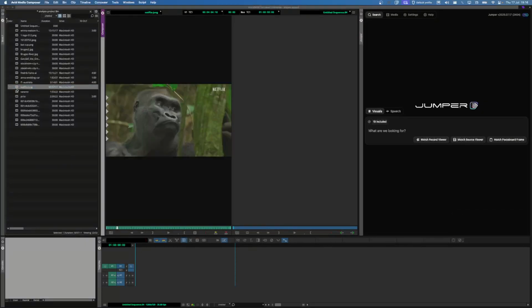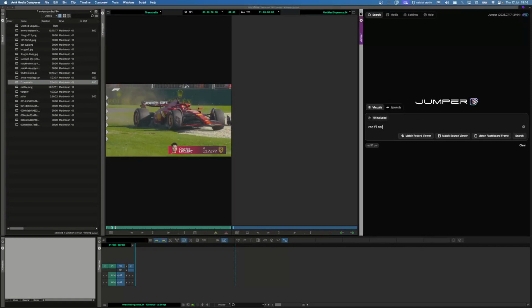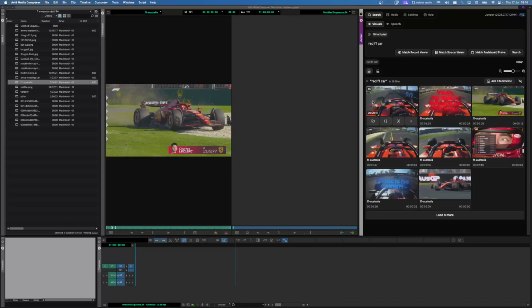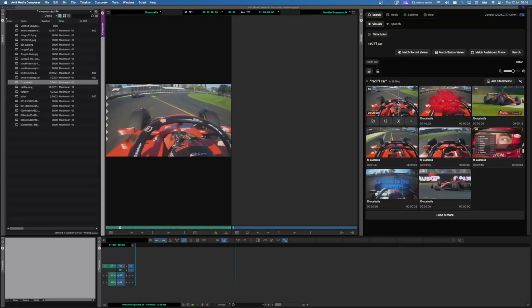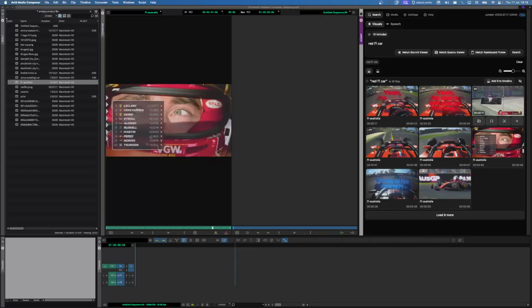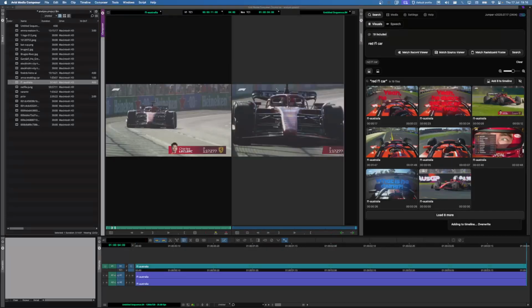So I have some Netflix documentary, some old Swedish footage, some F1 racing. Let's try it for red F1 car. And you're gonna find, let's make it a little bit bigger, a bunch of red F1 cars. If I click one of the frames here in the search results, I'm going to be taken to that frame like this. Maybe I want to add something to my timeline. If I want to add this moment here, I can hit this button, add to timeline, and it's now added